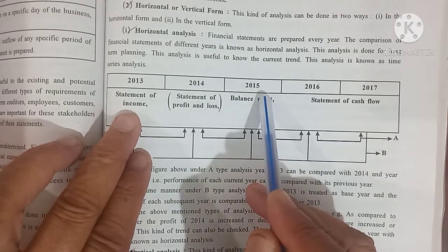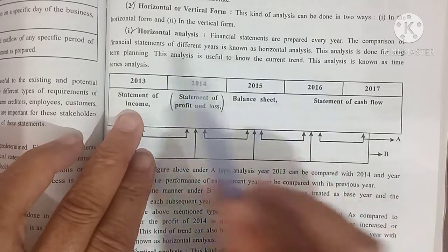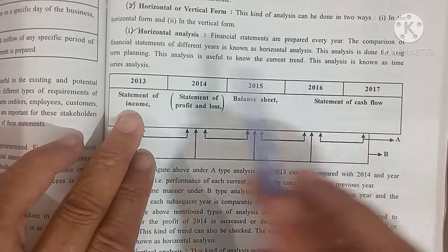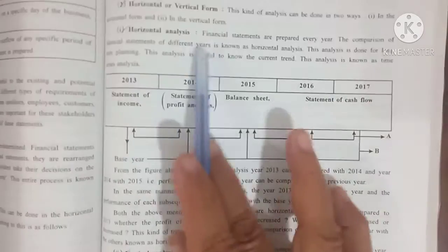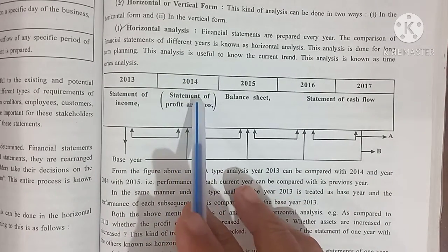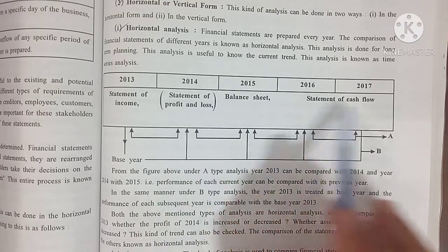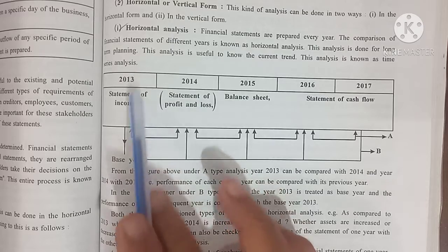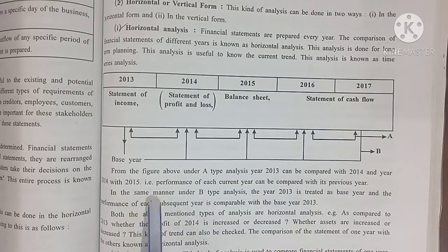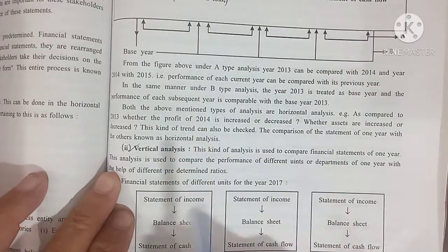This also we can compare not with this but with the 13. This we can compare on the basis of 13. So there are two ways of horizontal analysis. One year we can compare on the basis of the previous year, or all the years we can compare on the basis of one particular year. So this is how horizontal analysis is given. What I said is given in this year; you will read it and you can understand what I said.